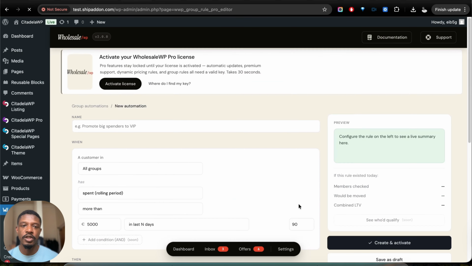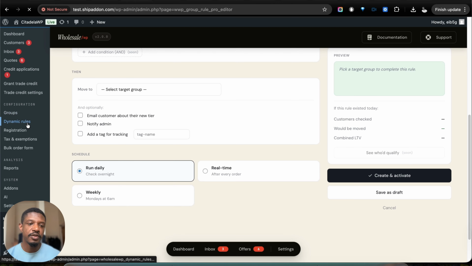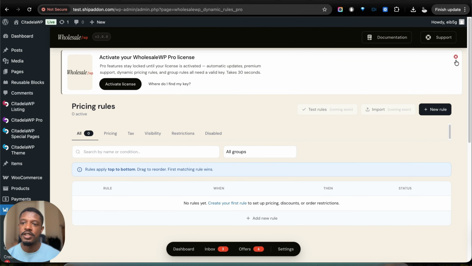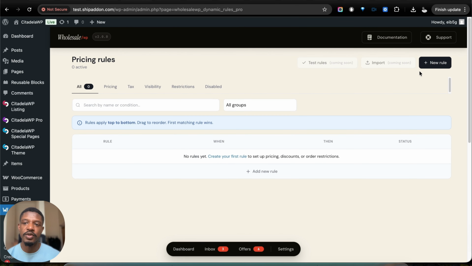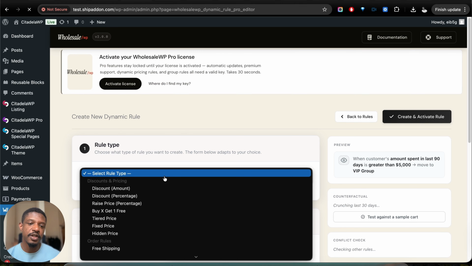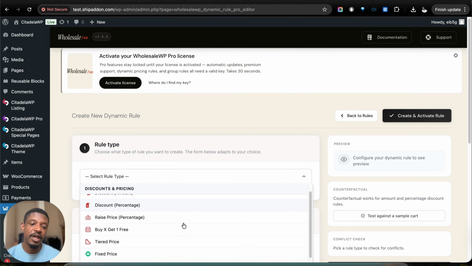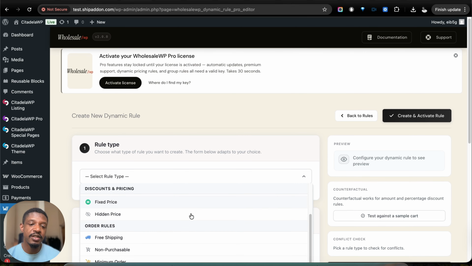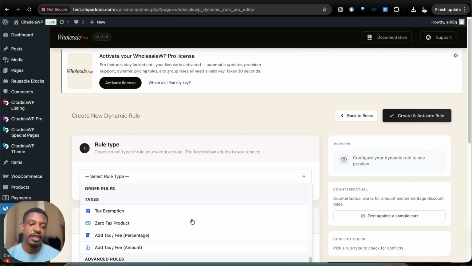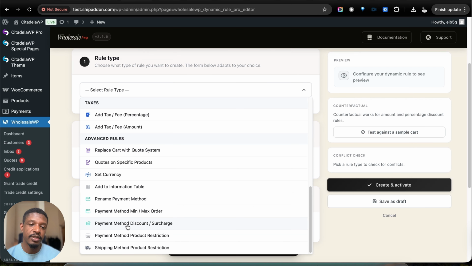Let's go ahead, create, and you can fill in this information. Let's navigate over to dynamic rules. This is a powerful rules engine which will allow you to create various different types of rules. So first we get to choose what type of rule we want to create, whether that's a discount amount, buy one get one free, tiered pricing, free shipping, minimum order, tax exemption, payment method discount, surcharge, shipping restriction,